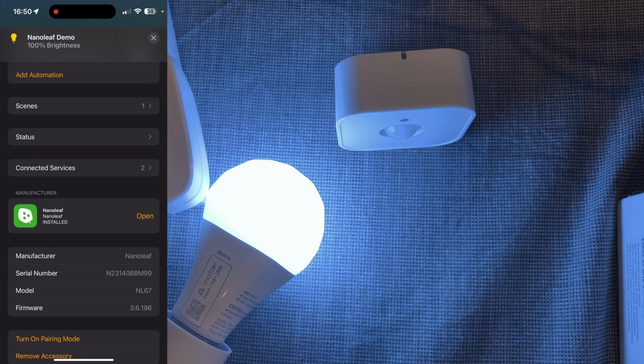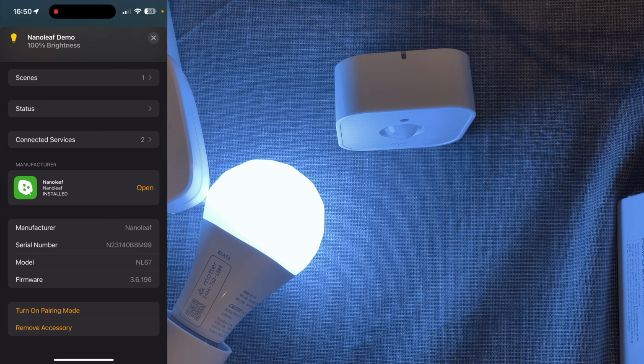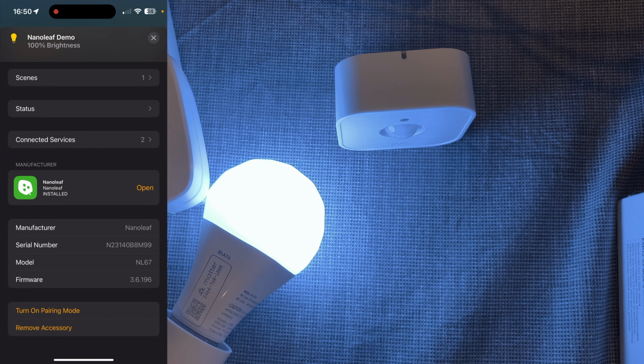We've got Nanoleaf, so we can go to the Nanoleaf app, and we've got the manufacturer details there, and we've got turn on pairing mode here as well. So we could actually turn on pairing mode and share it again from here to another smart home ecosystem if we wanted to. So with that Nanoleaf light paired into Home Assistant, we've got full control over it,